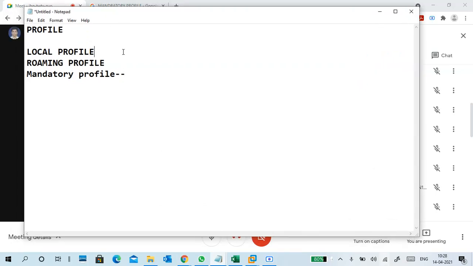Okay, so this is local profile, roaming profile, mainly two profiles we are checking. What is a profile? Profile data, user profile data. What is user profile data? Your desktop, the user's desktop, right? What are the data on the desktop? What is the picture on the desktop? The background picture is there, no? That is also considered as profile data. Users' desktop data, user settings in the desktop settings.